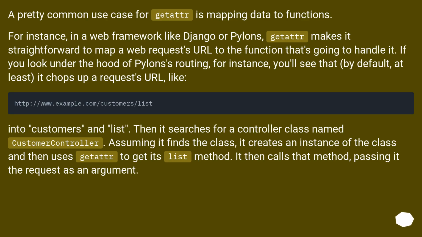A pretty common use case for getattr is mapping data to functions. For instance, in a web framework like Django or Pylons, getattr makes it straightforward to map a web request's URL to the function that's going to handle it. If you look under the hood of Pylons' routing, for instance, you'll see that, by default at least, it chops up a request's URL, like